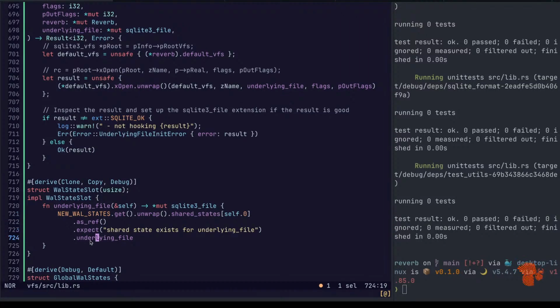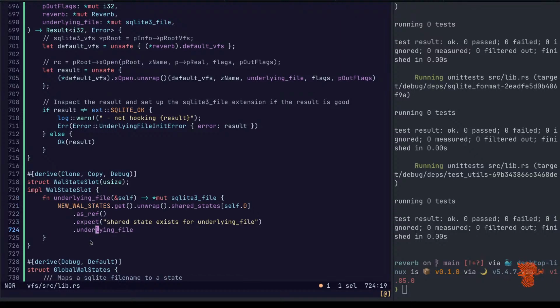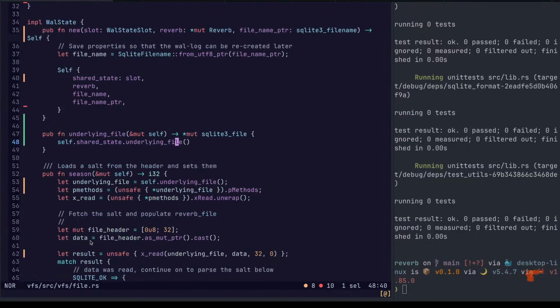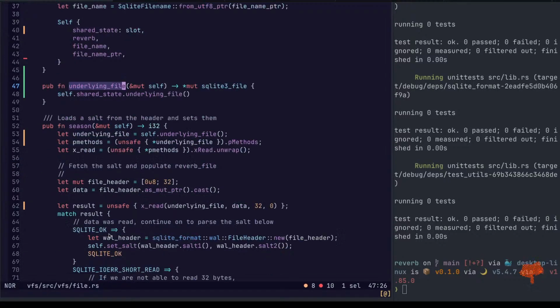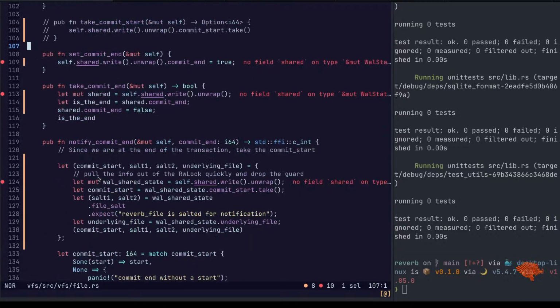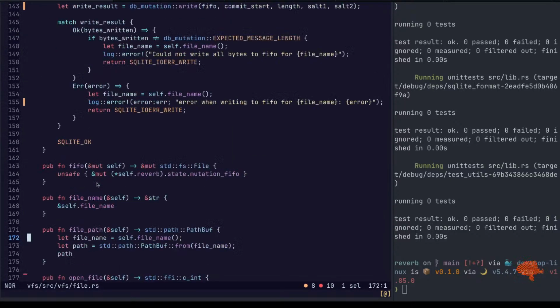Because in this case, we just need a reference to it. And here we end up cloning it because that's a copy value. Copy. Okay. A little bit of proxying. Don't know how I like that. Here it looks fairly clean. All right. Let's see what else we have. Handful of those.